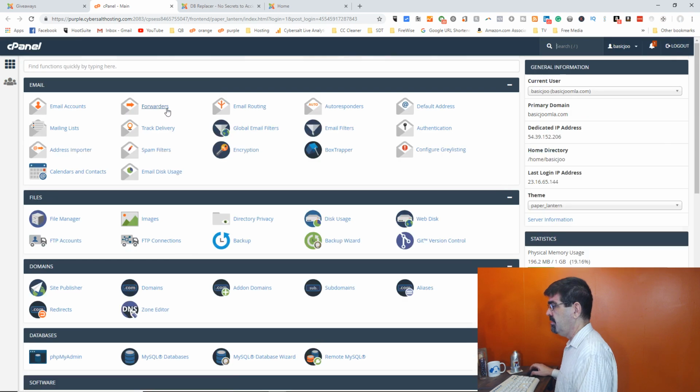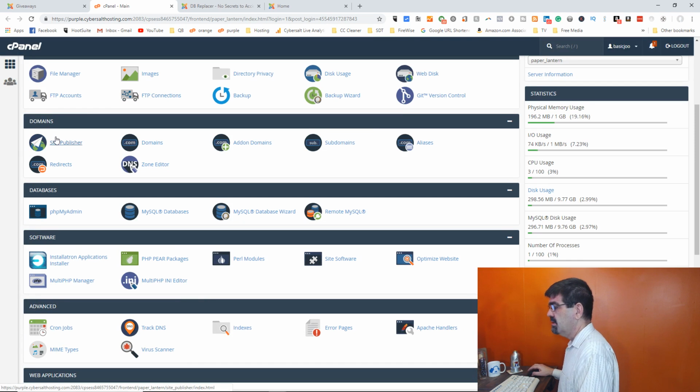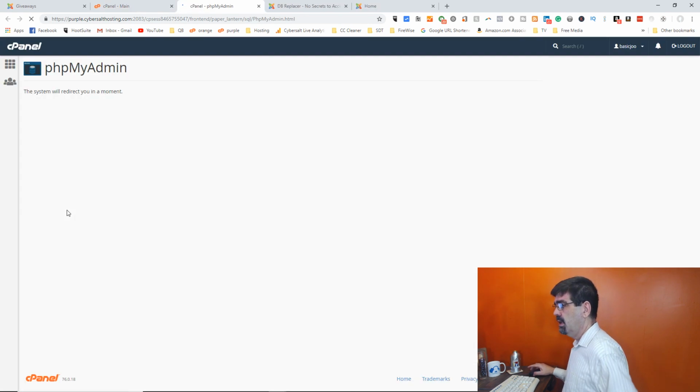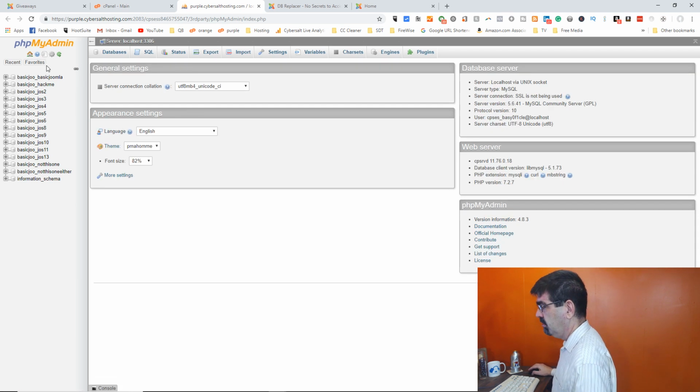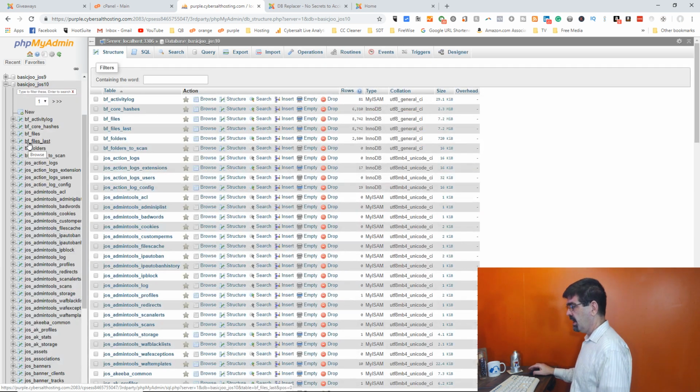Now, this is a cPanel hosting solution that my company uses. Your hosting company might have something different, but they probably have phpMyAdmin. It's a really handy tool. So I'm going to click on that, and I will then go down to the database here on the left-hand side that actually relates to this site. I already looked it up. It's basicJOS 10. Click on that, and then the next thing that you want to do is go to the